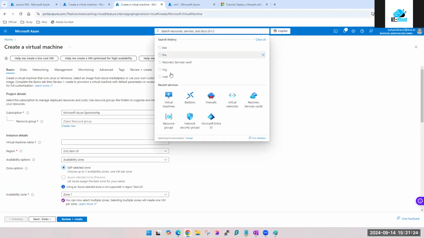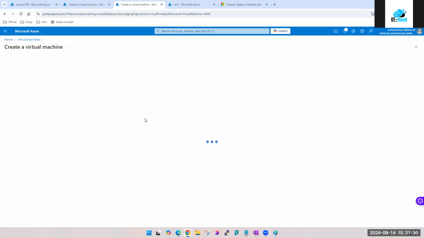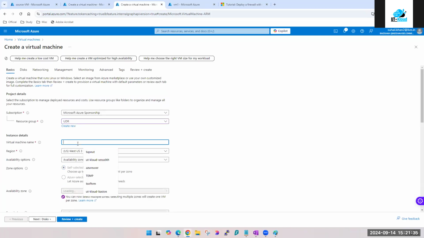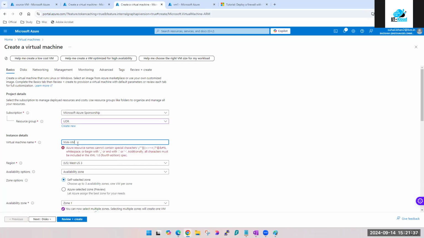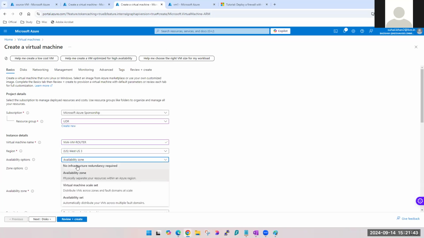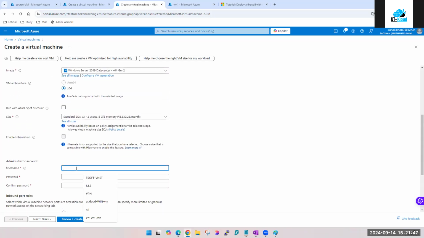And then simultaneously, let me create another machine, the third machine, which is going to act as a network virtual appliance. Normally it is not a machine. Router. Yes, most of the time it is a router. So I'm naming it accordingly. But just because I name it a router, it is not going to act as a router. We will have to make those changes so it acts as a router.